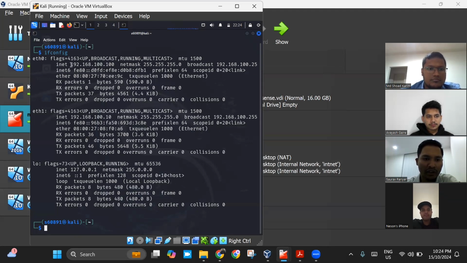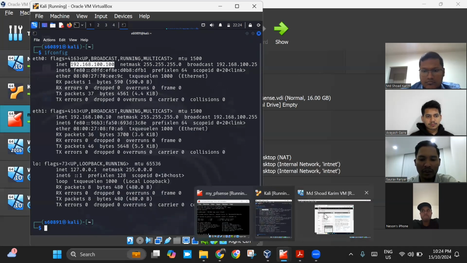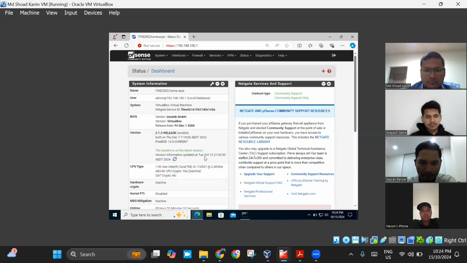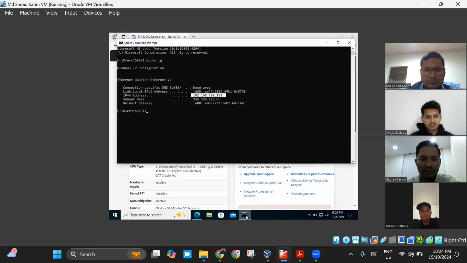see the IP address we configured is 192.168.100.100 with subnet mask 255.255.255.0. The same if we go to the Windows VM here, open the command prompt and type ipconfig, we can see the IP address we assigned is 192.168.100.101 with subnet mask